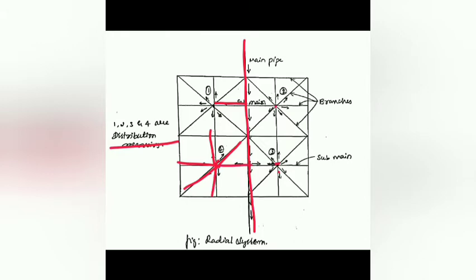So if the area is present like this in a radial pattern, then it will be easy for supplying by the radial system method. So this is a system which can be adopted when the area itself is radially distributed, and this also has quite similar advantages and disadvantages when we compare with the grid iron system. This is also a closed system.